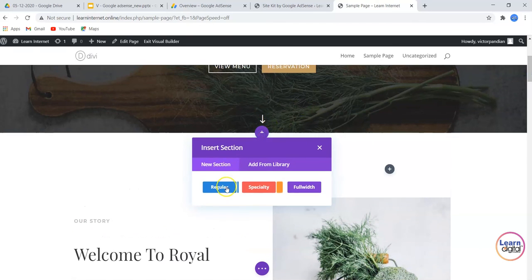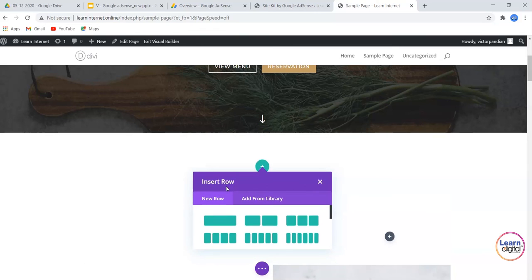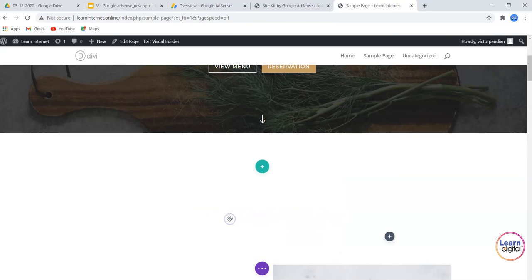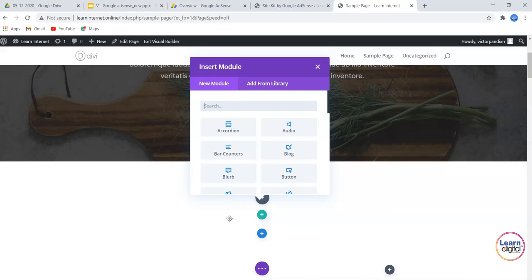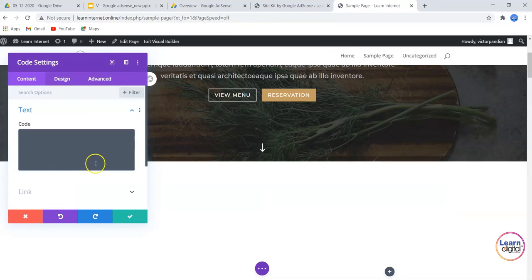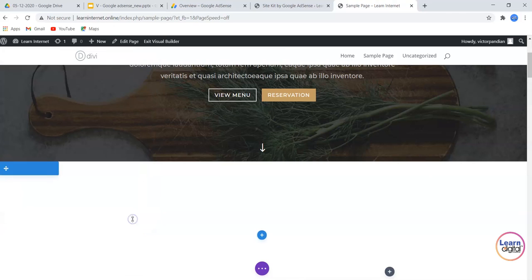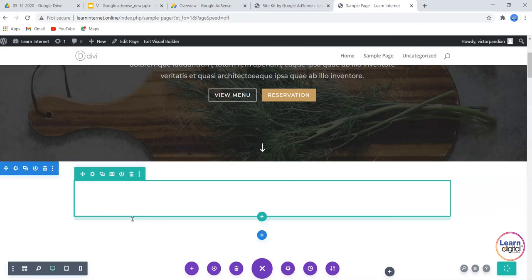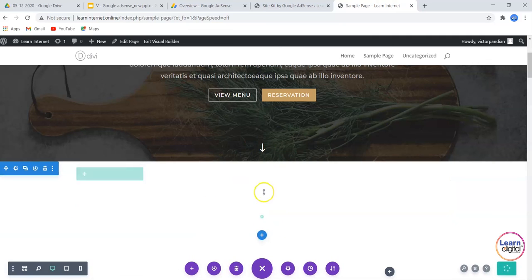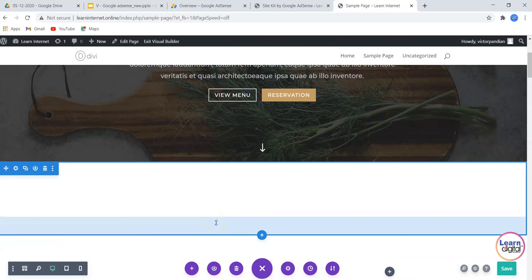Now all we need to do is create a section where we want to focus. Let me create a section and click on regular. You can fix however many columns you want. Let me focus on one column as of now. Then we need to look for code, either code or HTML code, whichever theme you're using. You need to paste it and save it. You will not be able to see it immediately. Once your website gets approval, you'll be able to see this advertisement after a few hours.